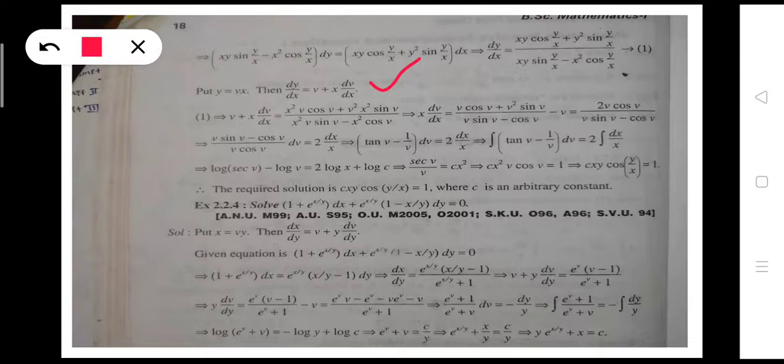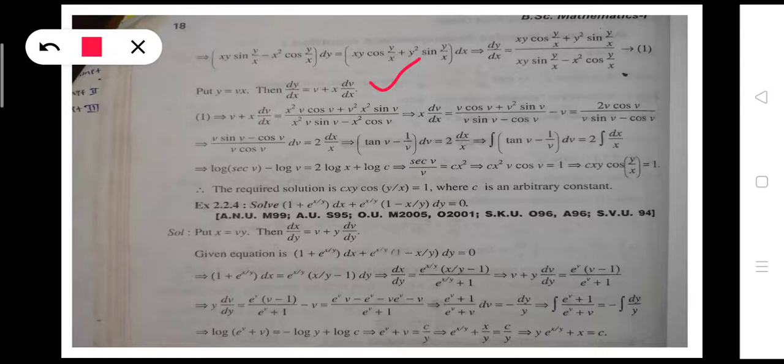v gets cancelled, sin v by cos v is tan v, and cos v gets cancelled, we get 1/v. That is written as (tan v − 1/v) dv = 2 dx/x on the right side. Now integrating (tan v − 1/v) dv = the integral of 2 dx/x, or 2 times the integral of dx/x. Integration of tan v means log sec v, integration of 1/v means log v, and integration of 1/x means log x, that is 2 log x plus constant,